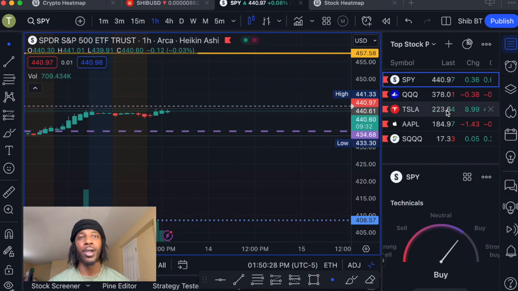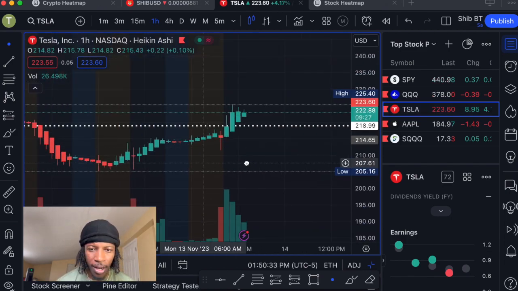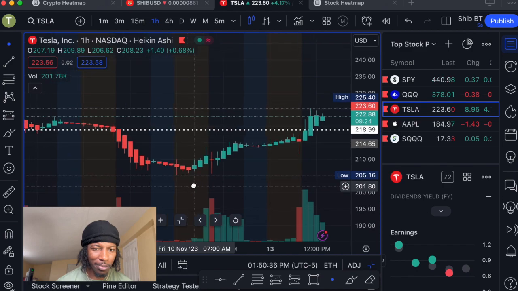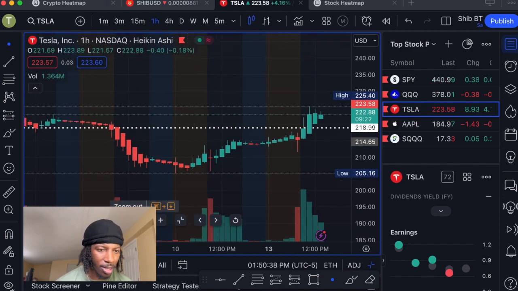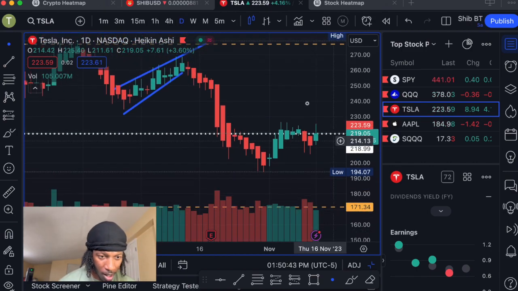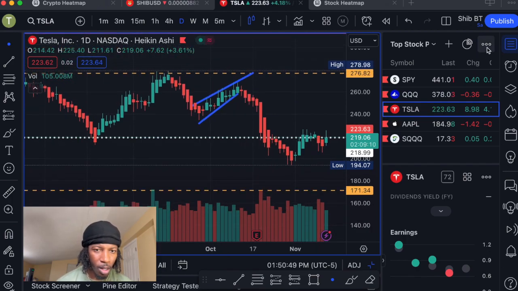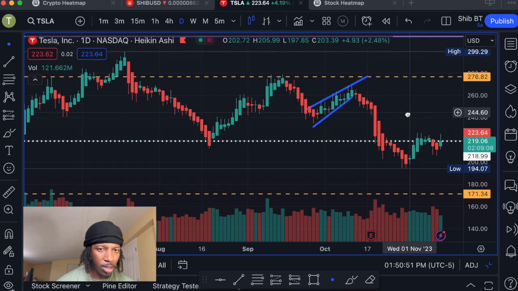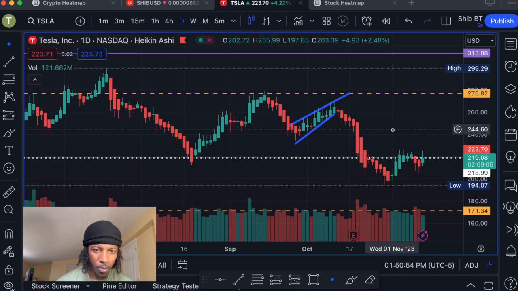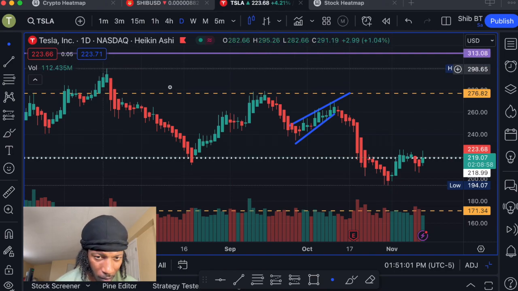Next on the chopping block, let's go ahead and hit up Tesla. See what Mr. Musk is doing with his cars and overall company. Let's zoom back out. Let's take a look. Let's close this so we get more chart view. Okay, again, it didn't respect this line here. Didn't even make it to this line. That would have been a nice sell indicator for me because my lines get respected so much. It didn't even hit my